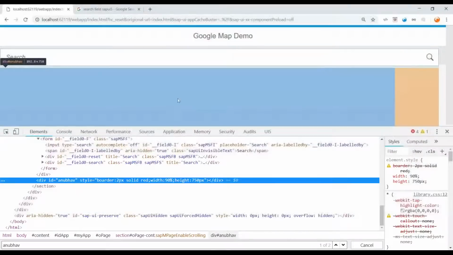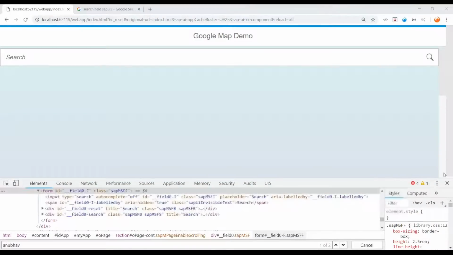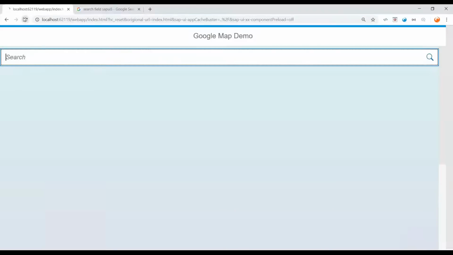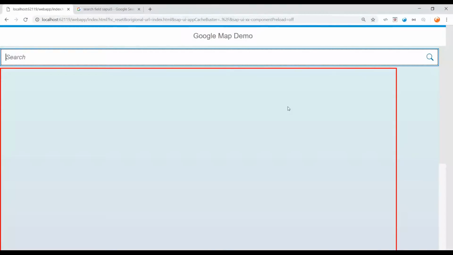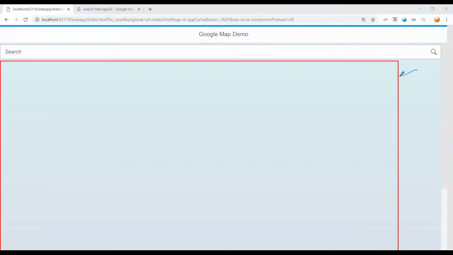I'll add that. And now let me just come back and refresh. Let's see what happens now. Just come back and refresh. Voila. Can you see, guys? A plot area is ready for you to bring the Google map. This is your plot area, which is now ready, which is a custom control, which has come up to bring